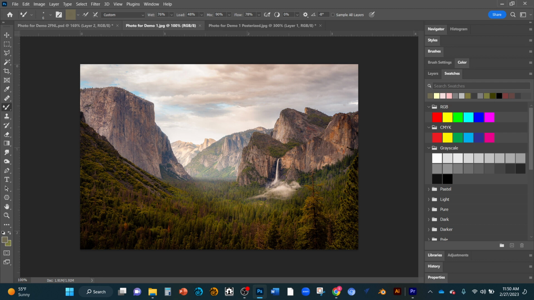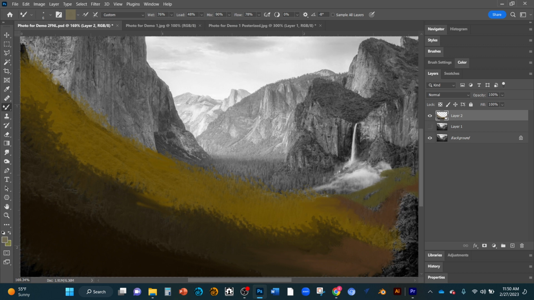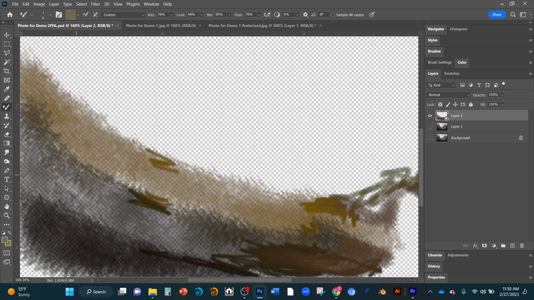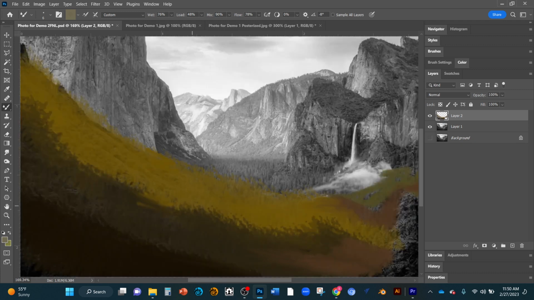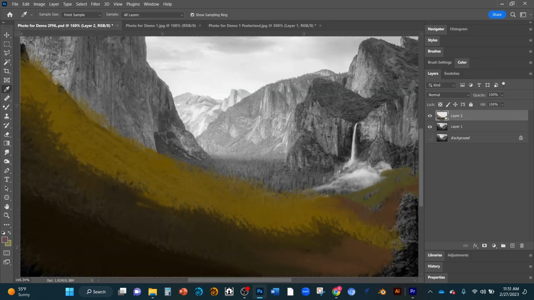So you can see that from here I'm using this image and I'm using layers, and what I'm doing is basically I'm using the brush strokes, but you can see that there's a difference in the way the brush shows on transparent background compared to the image background. So this is another way of dividing up the space. So I can go in here, I can choose the color I want, and then go in here and select this layer